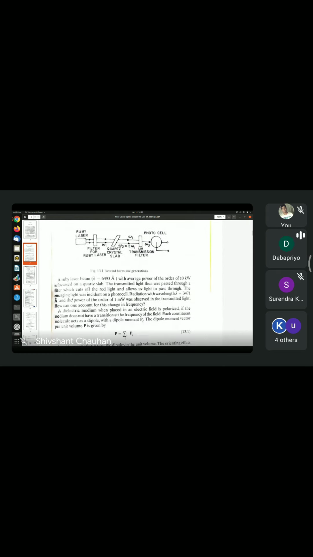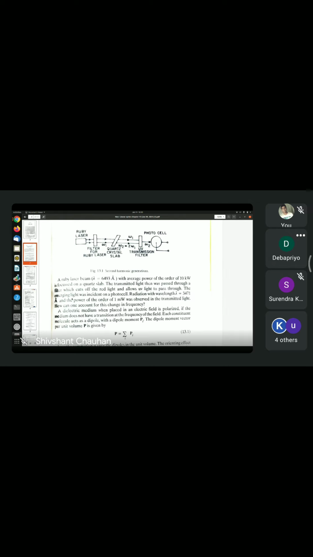Something strange has happened that was never seen to happen with ordinary red light from a non-laser source. So the laser beam must have caused some changes in the properties of quartz, because of which this secondary radiation of frequency omega 2 has arisen. And we have now to explain why this has happened. Okay, so let us move to the lower portion of page 2. Yes, so what is the explanation?